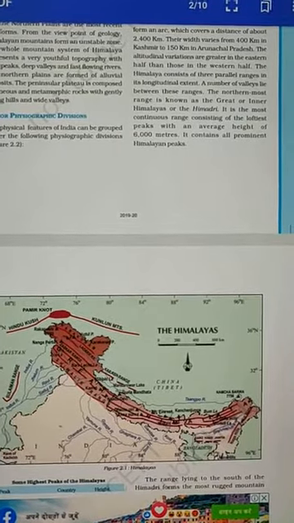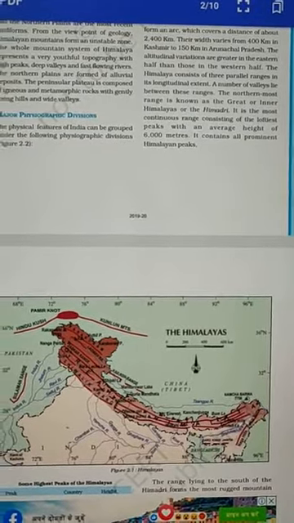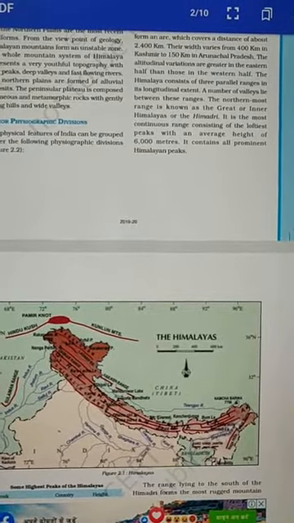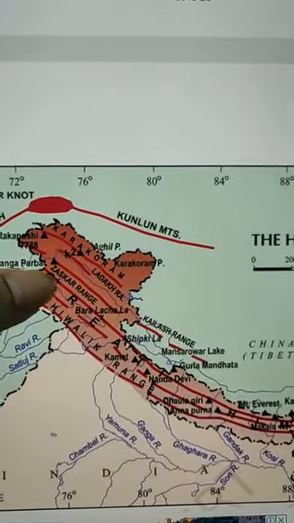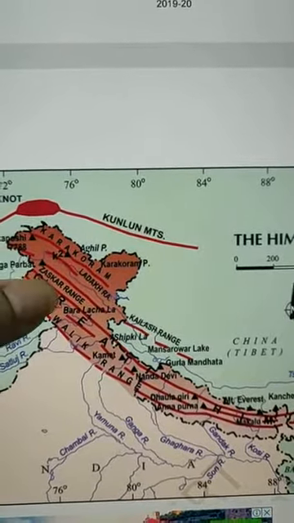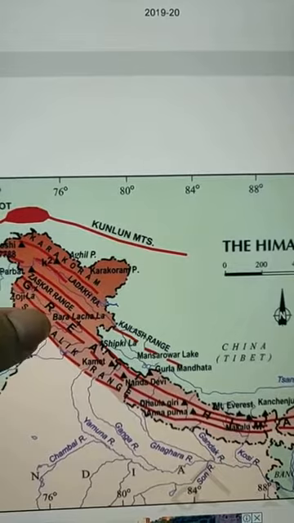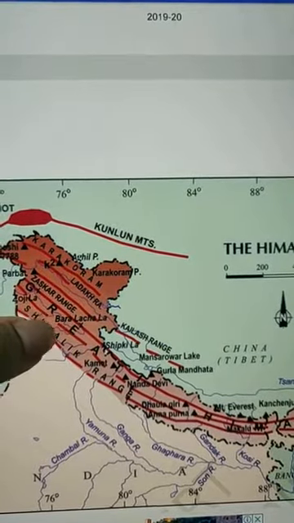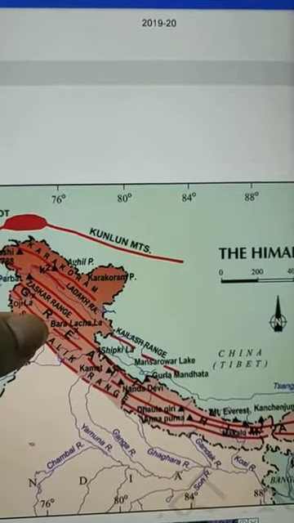The Himalayan mountains consist of 3 parallel ranges. Now, you might have always studied or known that the Himalayan mountain range is one, but it is divided into 3 different ranges. Can you see this here? 1, 2, 3. These are the 3 ranges, and these upper ranges are part of the Trans-Himalaya. So we count the ranges in India from here. First one, Greater Himalayas, second one, the middle or the lesser Himalayas or Himachal, and the last one, the Shivalik ranges. So now we will study all these 3 ranges.